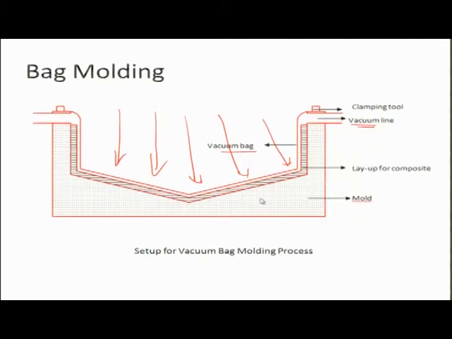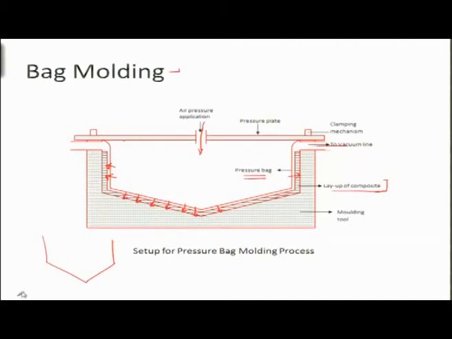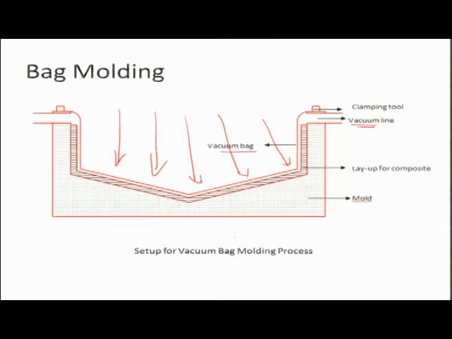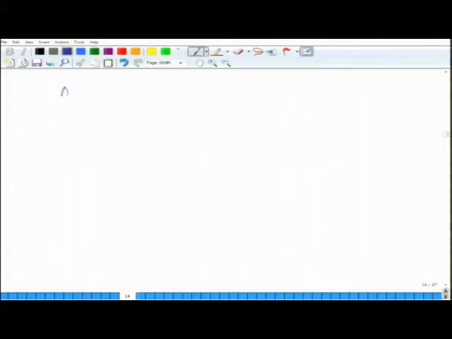In this case also heat is being applied from the lower side because you put a heater. So let's make it clear, I don't want to rush this. Heat comes from here, you have resistive heaters. In vacuum bag molding again you have heat coming from the bottom side, but in autoclave it is a little different. So let's look at what happens in autoclave molding.